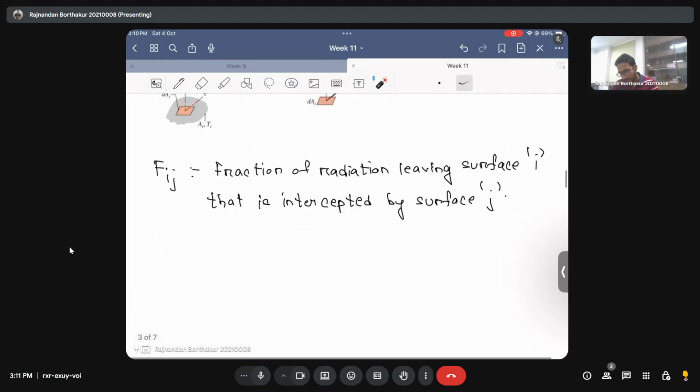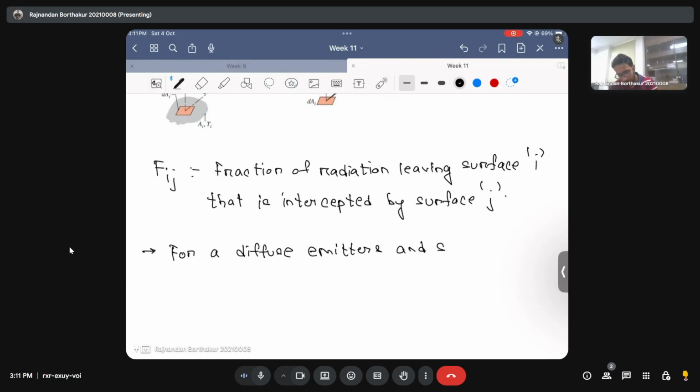And as I said, for diffuse emitters and surfaces having uniform radiosity,